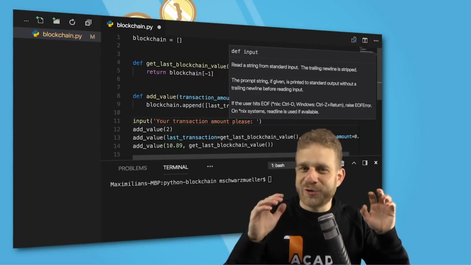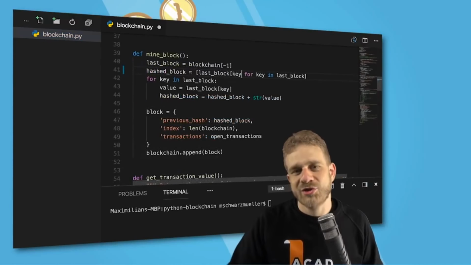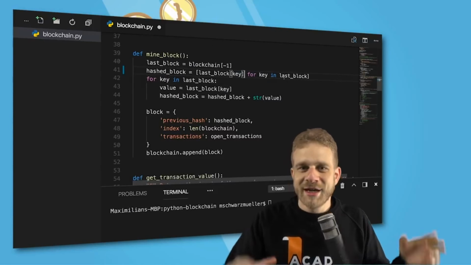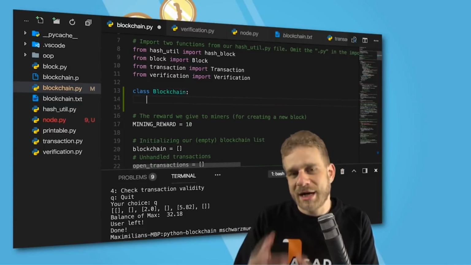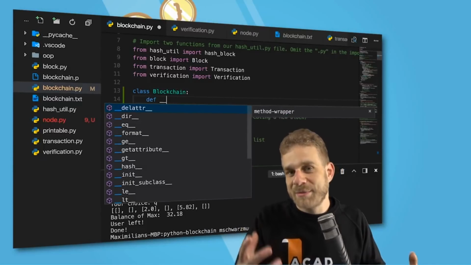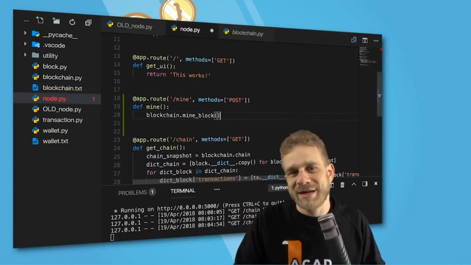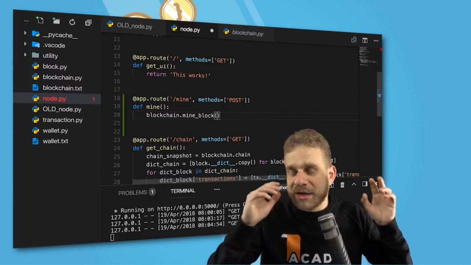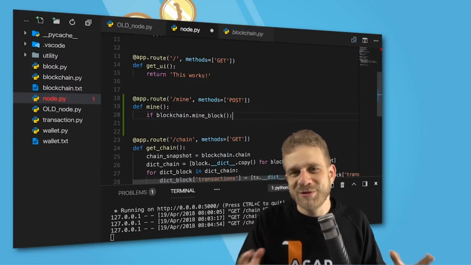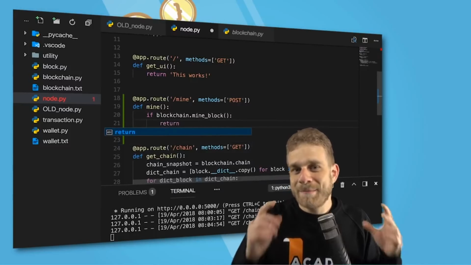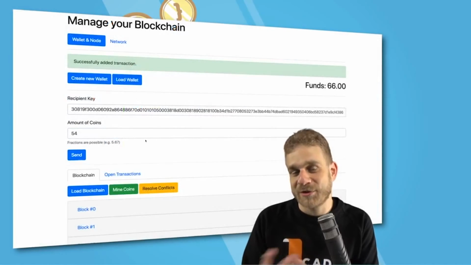You will learn all the core syntax, features like list comprehensions, using more complex data structures like tuples or dictionaries. You will learn object-oriented programming with Python by using classes and inheritance. You will learn how to spin up a web server and handle incoming requests with Flask. You will learn how to send requests, how to work with files, and so much more. So really, a thorough Python course that introduces you to the language. And it does so by building a real cool course project, a basic blockchain and your own cryptocurrency.